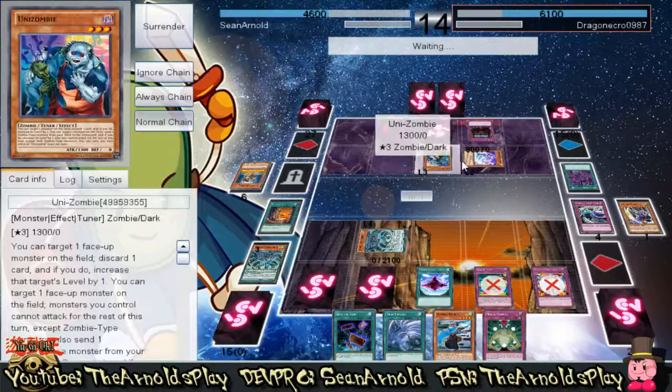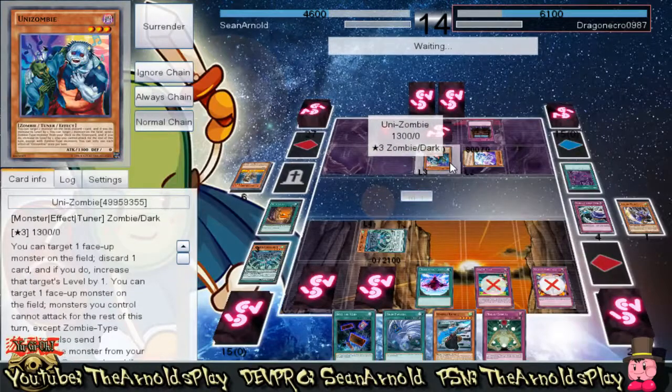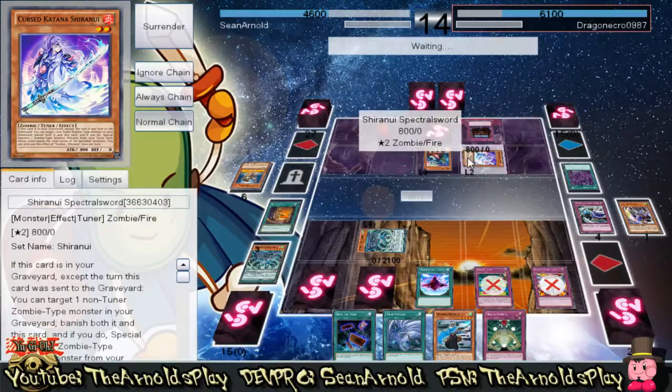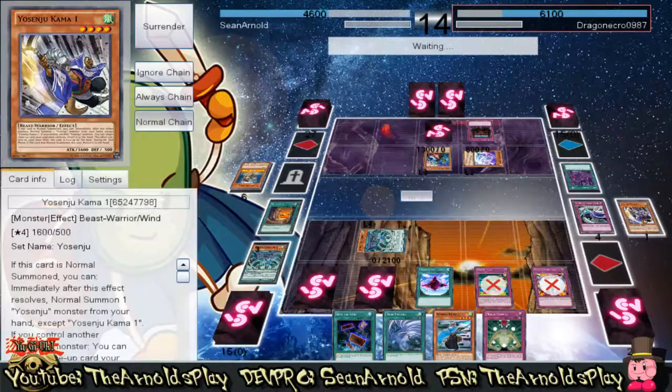The question is, what are you gonna go into? Level 3, level 2, some kind of level 5, I don't even know. Maybe Liberian? The problem is both of them are tuners. Oh, right, of course. Can't go into anything right now, but...